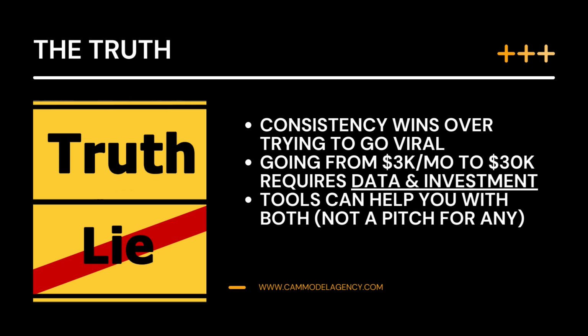a lot more growth by investing in some way, and that may be in software that can help you gather data and analyze that kind of thing, or investment as far as maybe doing blog inserts, which I'll talk about later, where somebody searches for hottest OnlyFans models, and there's an article at the top of the search results, paying to get to be the first person on that list. That requires some level of upfront cost, but if you figure out the math behind the back end, you should be able to see that it's a pretty solid investment,